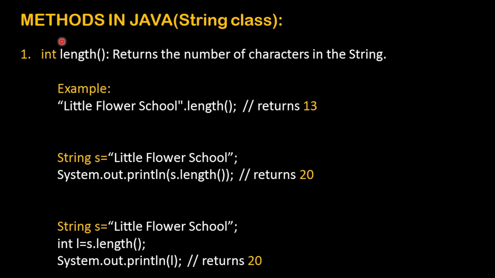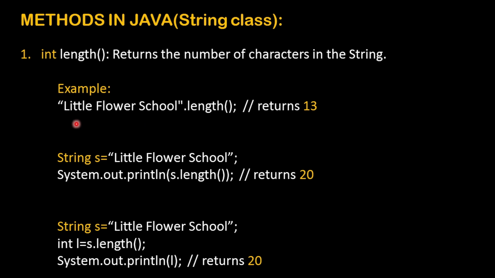See, I have written here int length. The meaning is the return type of this function is int. When you use this function, it will always return a value which is in the data type int. Now let us see how to use this particular function. You can write like this: